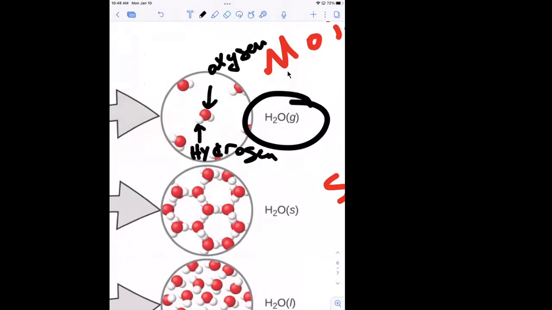And then look at the distance between the molecules. This H2O is what we call a molecule of water. It's a compound. It has more than one element and they're arranged in a certain way, so we call it a molecule. If you look at the distance between the molecules, it's pretty far apart. That's what differentiates a gas from a solid and a liquid. One of the things that differentiates it is the distance between the particles. Then if you look at the solid,